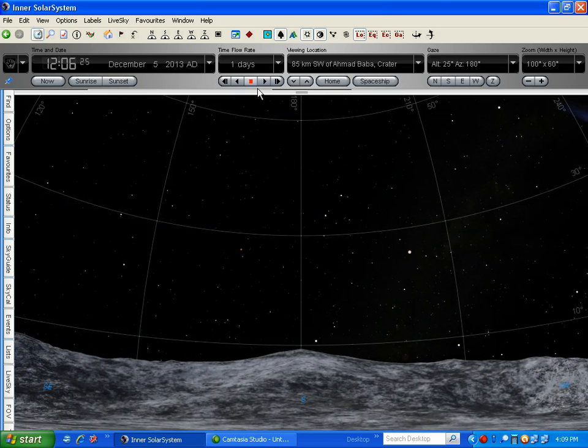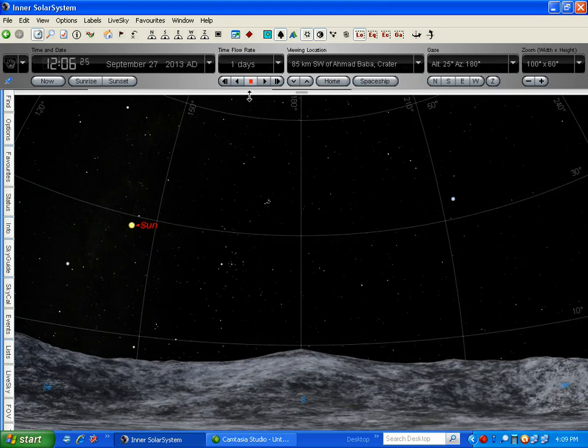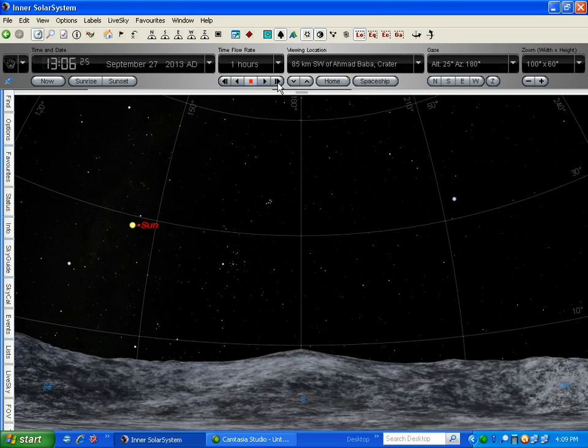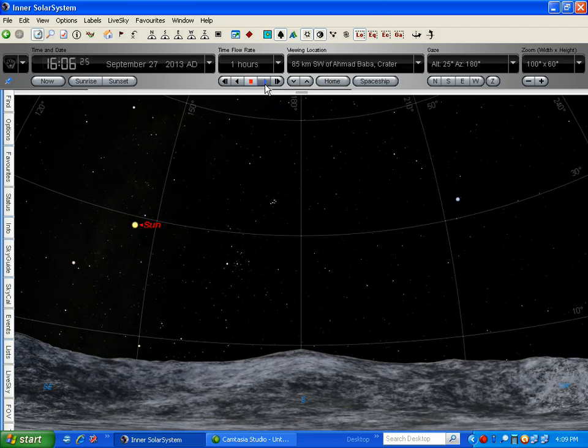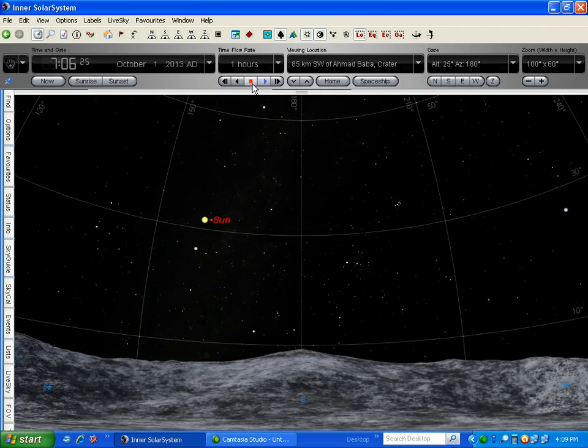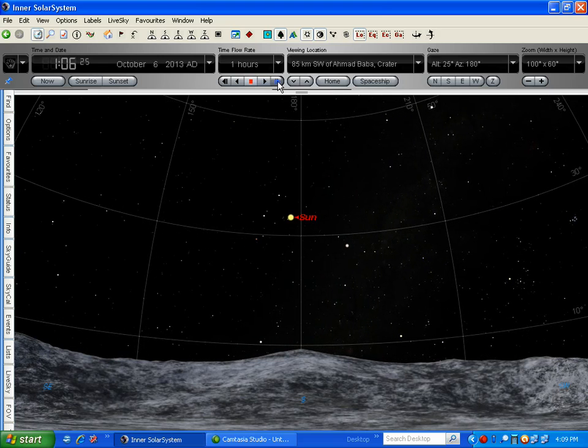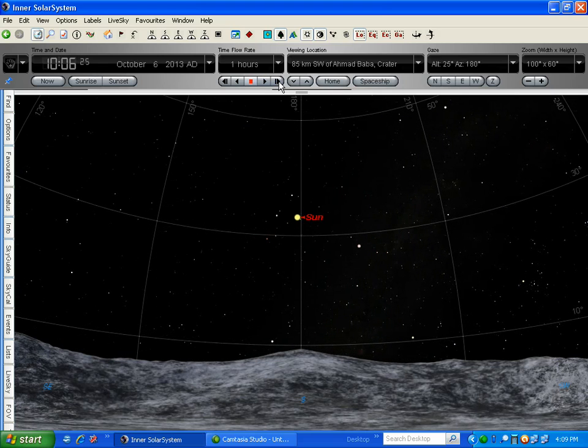Uh-oh. And then we'll have to come back. Okay, there's the sun. Okay, so now if you want to take a little bit more time, you can use hours. That slows the process down a little bit. And if we use hours, we can see here, and in the very last bit we can get a good measurement